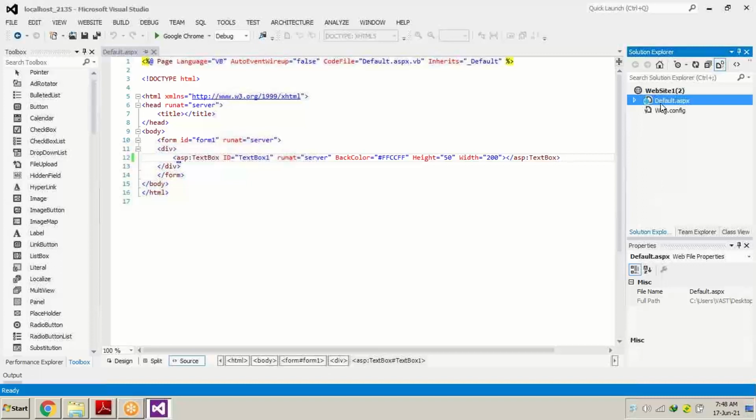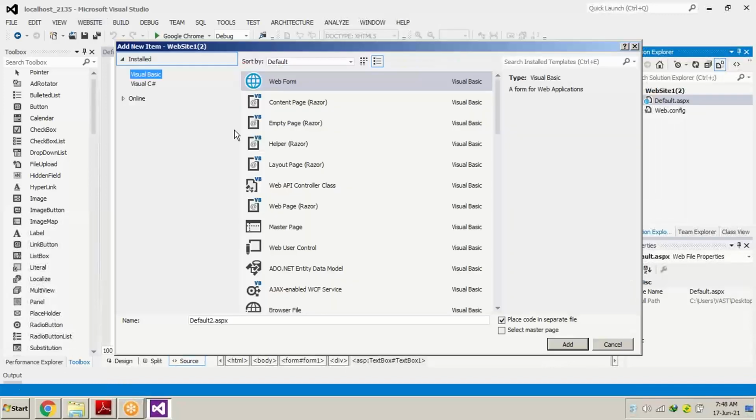Suppose this is the one page, the default page which we have taken in our project. Suppose if we want to add one more page, what will we do? We will go to website, add new item, and here is the list of files that we can add. You can find CSS also over here, JavaScript file also here, but we are going to learn that further. We'll select